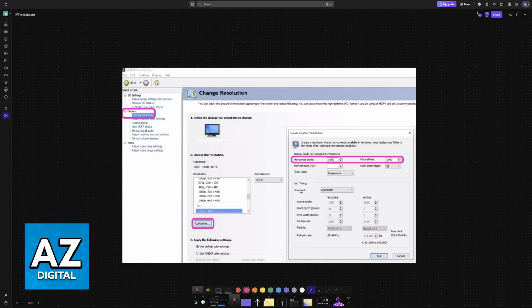So first, for NVIDIA. I have an AMD GPU, so I'm gonna showcase that process later. I just want to get NVIDIA out of the way. For NVIDIA, right-click the desktop, go to the NVIDIA Control Panel, and under the Display category, first go to Change Resolution. Now choose the option to Customize, and this allows you to create a custom resolution to use.